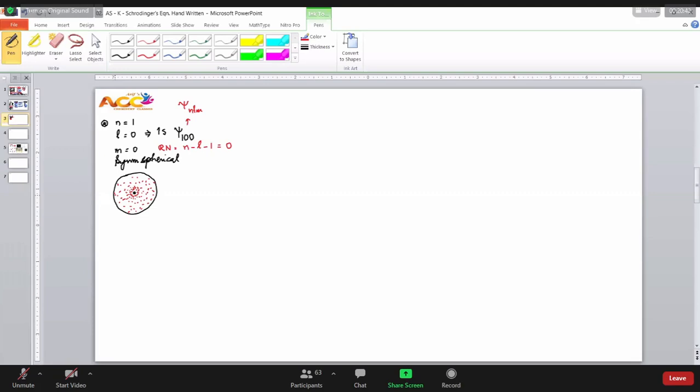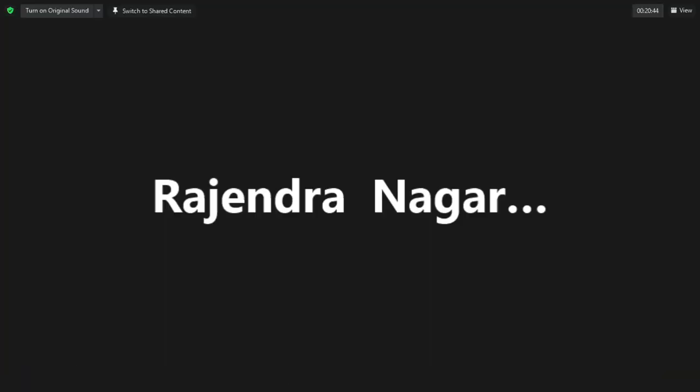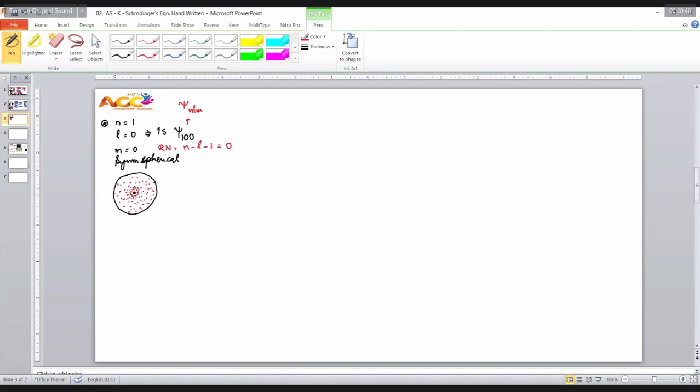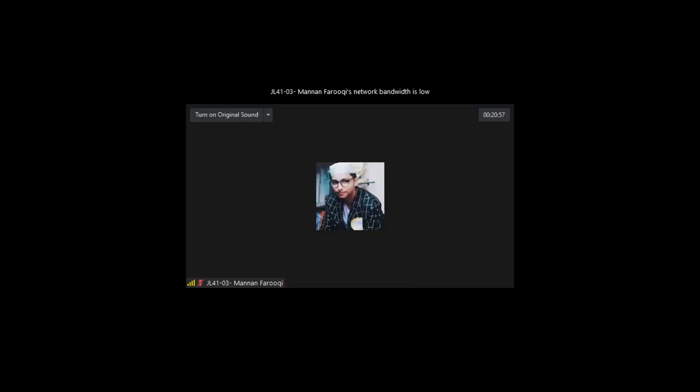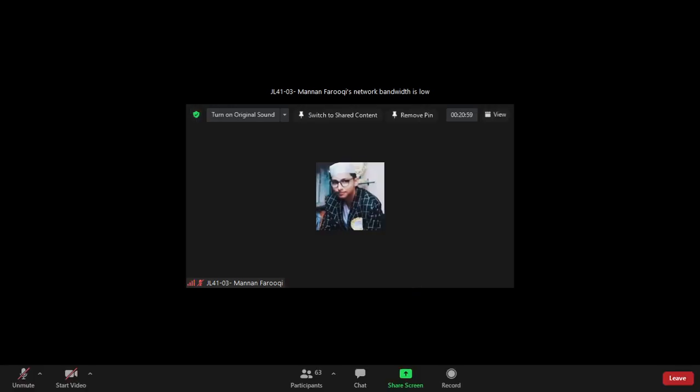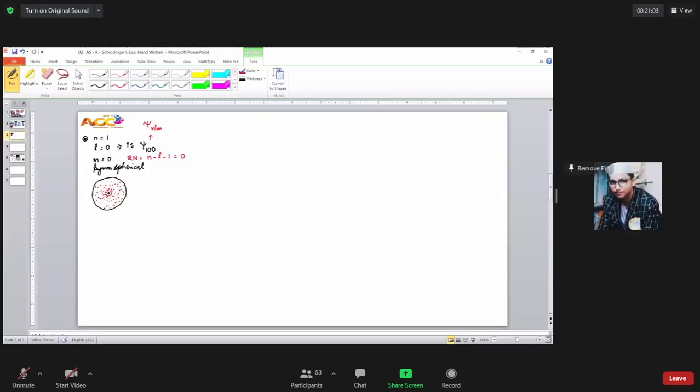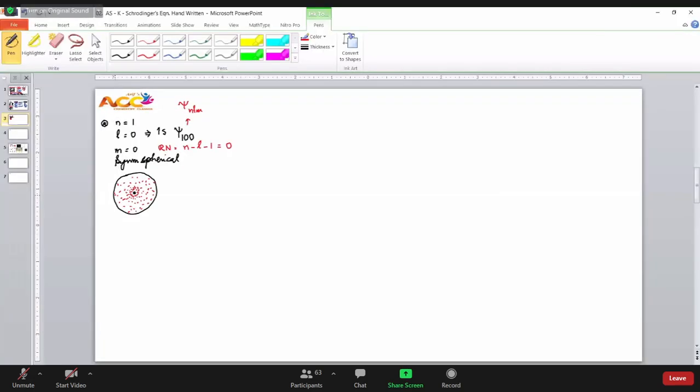Therefore, whenever we increase the distance, what is happening? The number of electrons available is less. Sir, why is it so? Very simple: electrostatic force of attraction. Whenever we are very close to the nucleus, the electrostatic force of attraction is maximum. Therefore, probability is more. And as you increase the distance, probability is less.